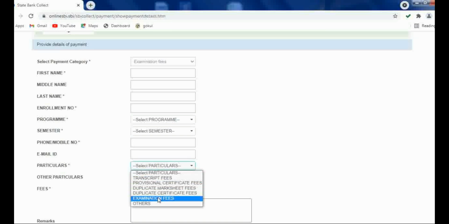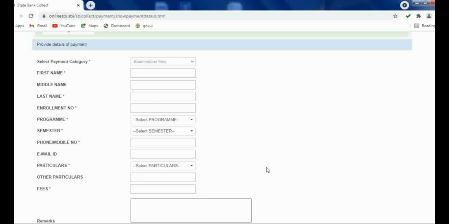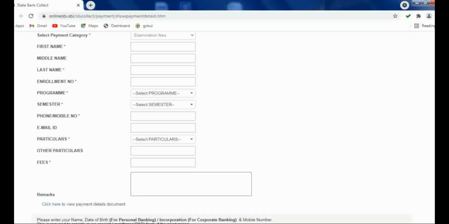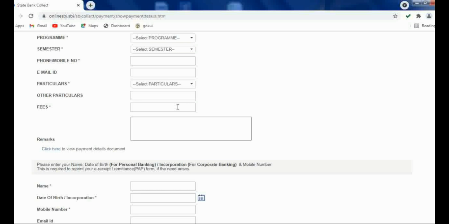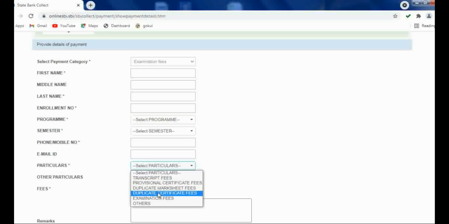Under particulars, mention which certificate you want and for which certificate you are applying. Here you have to enter the other particulars, that is for which you are going to pay the fees. The options given are transcript fees, provisional certificate fees, duplicate marksheet fees, duplicate certificate fees, examination fees and other.